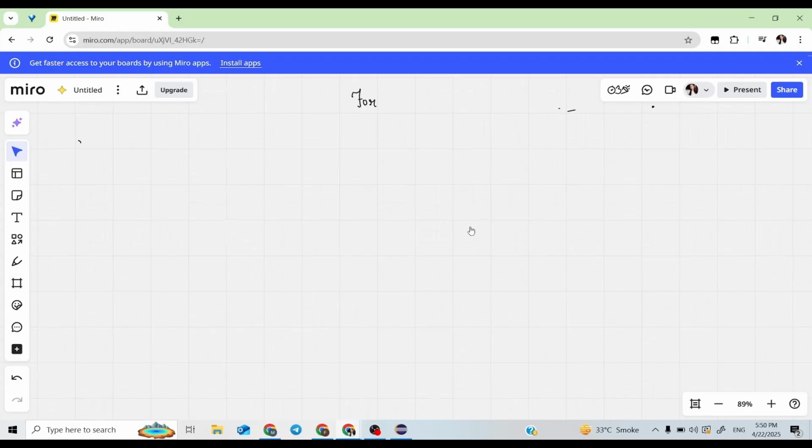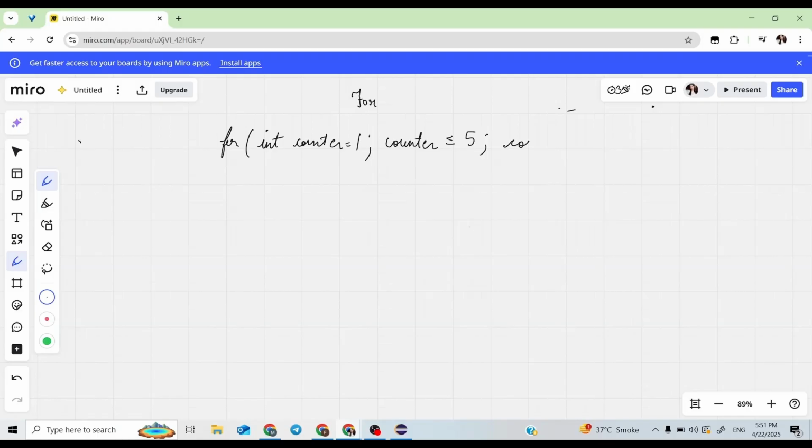Here I will write a for loop to print hello 5 times. I will write the for keyword, and here I will initialize the counter variable to 1, and I want to print 5 times. So here I will write the condition, less than or equal to 5, and here I will have to increment the counter.